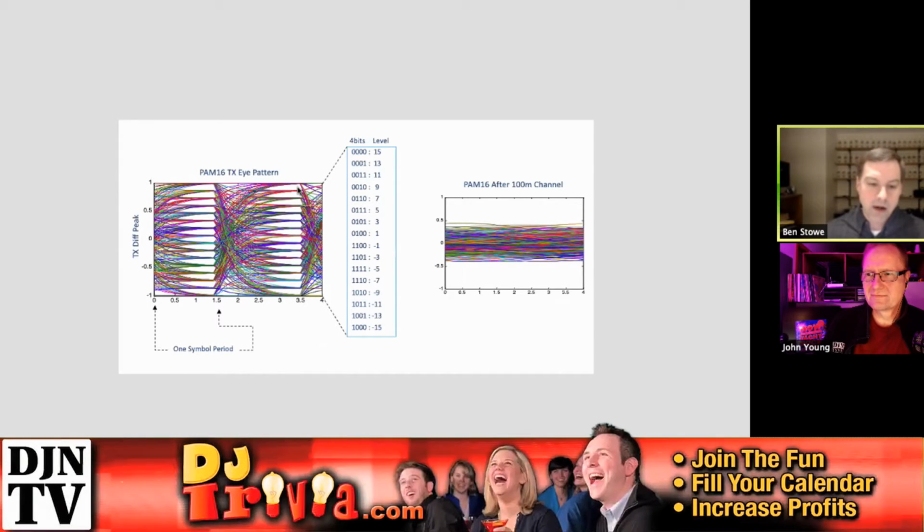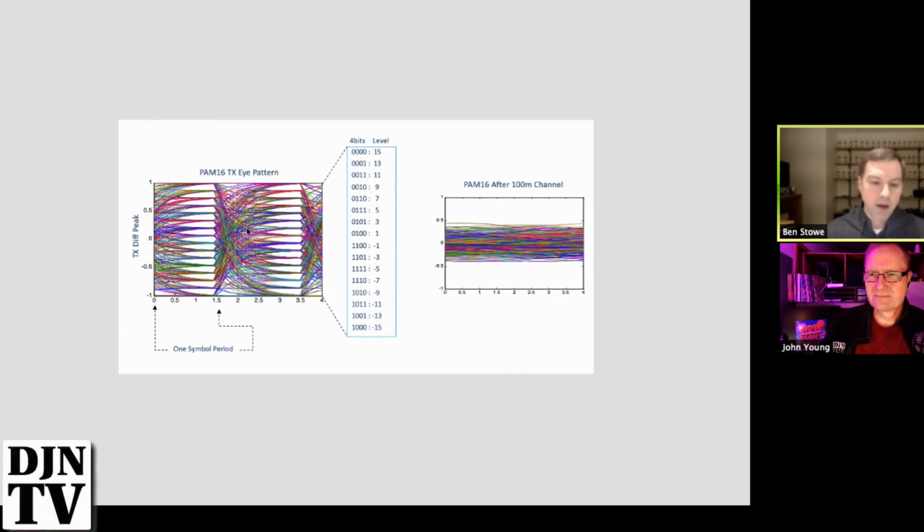But what we can see here is this is what our eye chart looks like at the sending end. But after 100 meters, we can see what that PAM 16 signal looks like on a good cable. Now, the DSP and things on the receiver is able to make sense of that and stretch it back out and turn it into a signal. But at some point, it can't. So on poorer quality cables, that turns to such utter gibberish and nonsense that it's unrecoverable. And thus, you have failure.